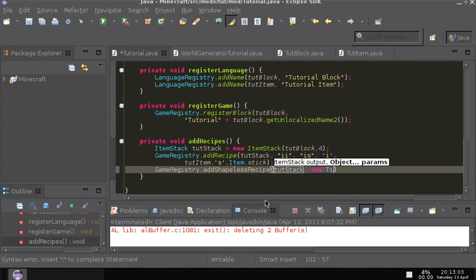So new ItemStack, and then tut, and then two, and then new